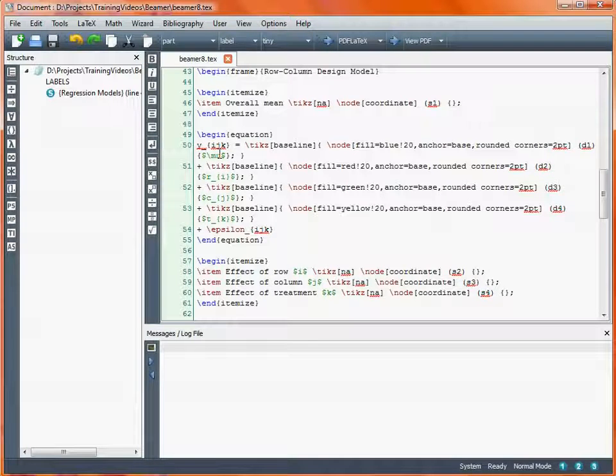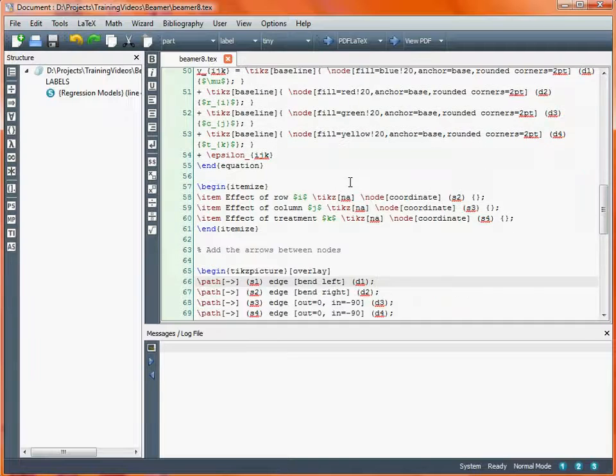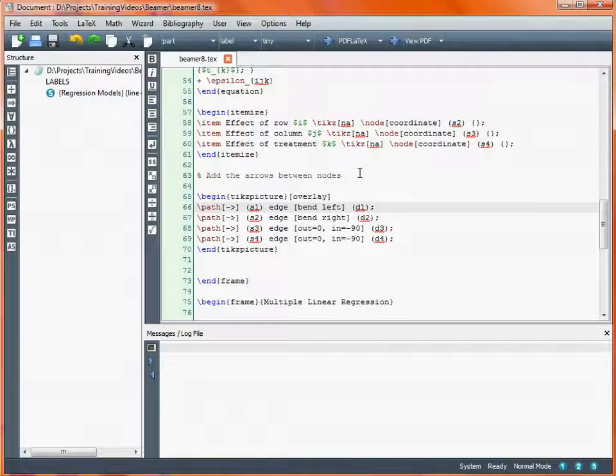So the next thing we need to do is to draw arrows between these nodes. So we create a separate picture environment, and we say it's an overlay because it's going to go on top of what we've produced already in our slides. And then what we need to do is we have a path for each of the 4 lines joining the